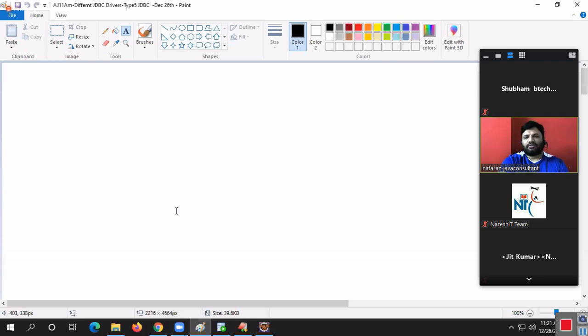That's it. So we have very few topics to complete. We have batch processing, transaction management, row sets, and the servlets start at the same time. That's it, JDBC will be over. Row sets, connection pooling, savepoint. I think small topics are there. Yes, we can comfortably complete all the things in a week. Not a problem at all.